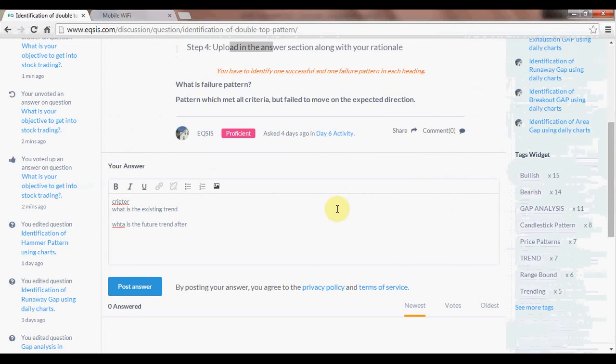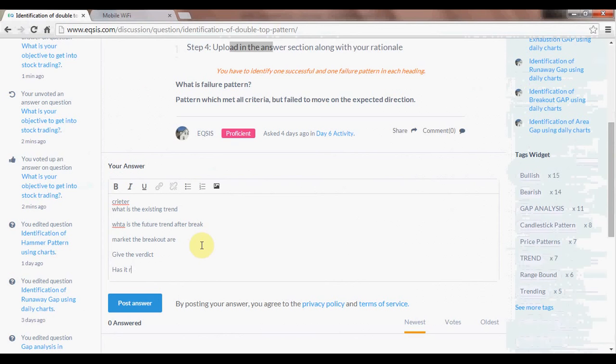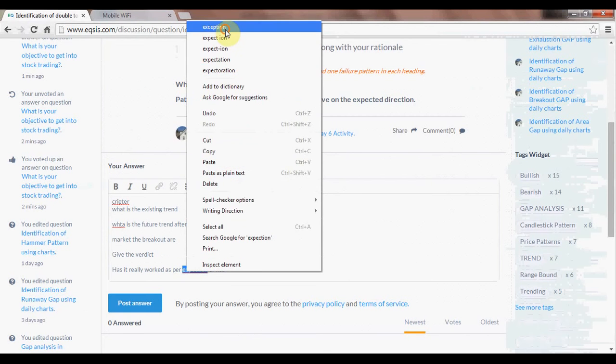after the breakout. Mark the breakout area, and give the verdict. Has it really worked as per expectation or not? If you say this has worked as per your expectations,